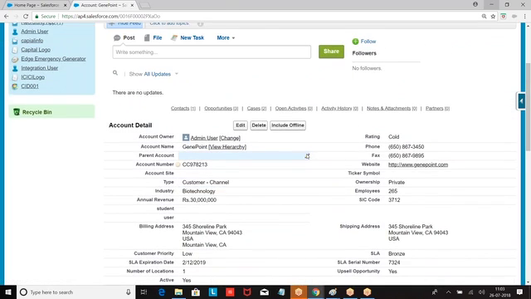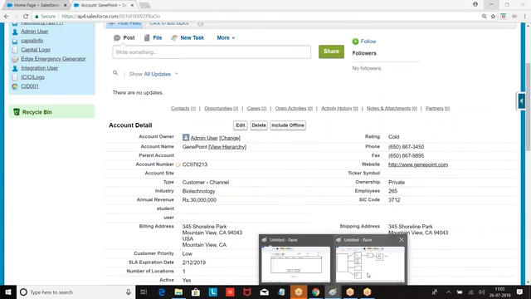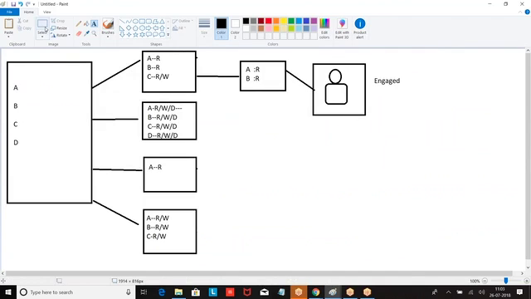Are you getting my point? So every page layout will have one mini page layout. Page layout is how the object will be displayed to you. Mini page layout: when you keep a cursor on the record, a pop-up window will open, showing the quick view of the record, which is a mini page layout. Every page layout will have one mini page layout. I hope you are clear. Right, boss? Okay. For every profile, how many page layouts will be given? One page layout. Only one will be given.